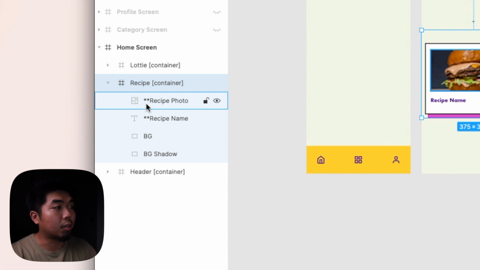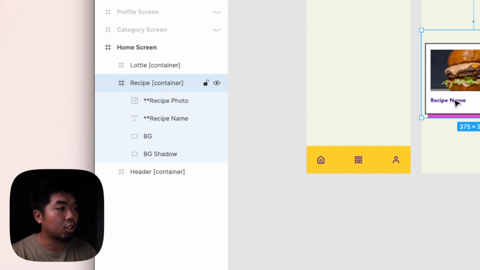I do this for any element that I'm going to be replacing with data from my database in Bravo. And the reason I do it, and I'll get to it later on in this video, is that it just makes it easier to know what elements I'm actually going to be replacing. So anytime I have something that I'm going to change, again, I add those 2 stars to it.